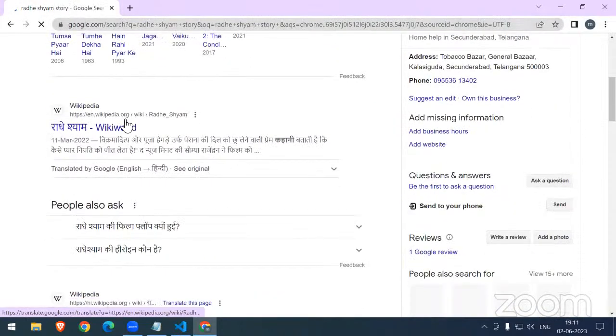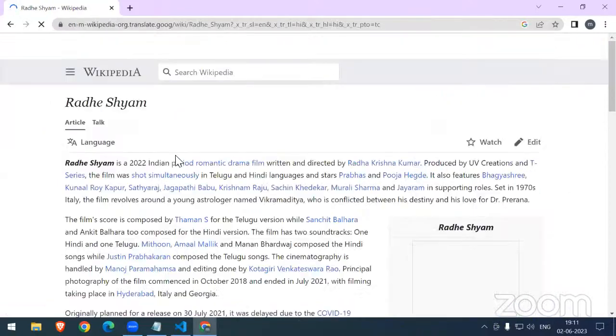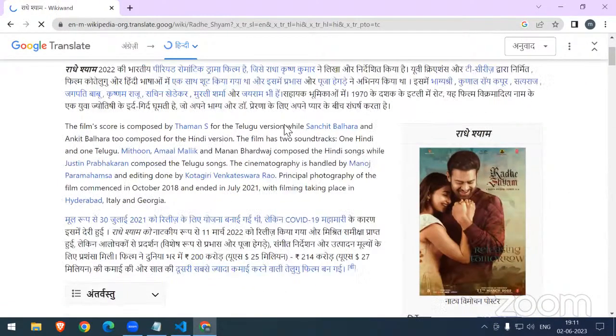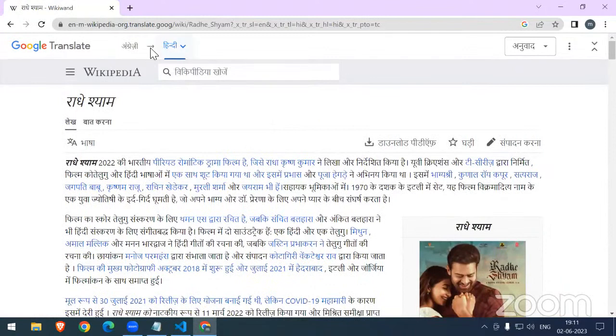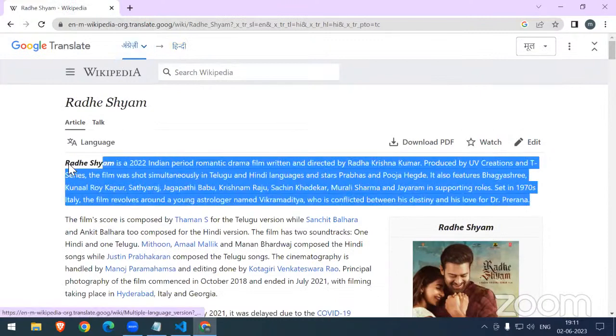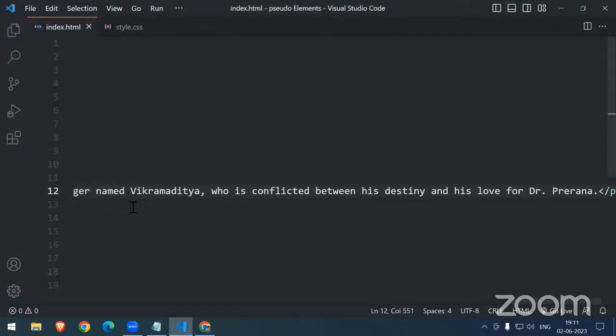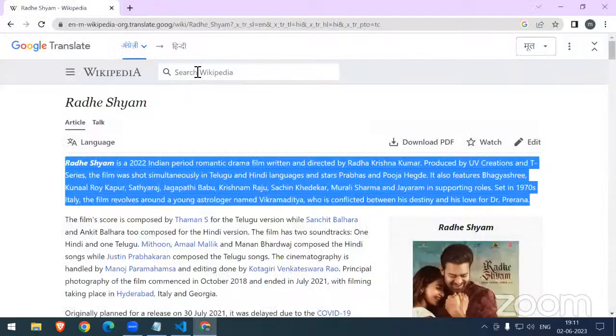Okay, so Wikipedia is here. Just copy, one minute. I'm expecting the English language. So just copy this, and I just pasted it here in the first paragraph. Perfect. And after that, in the second paragraph,